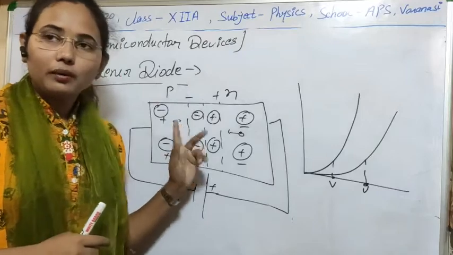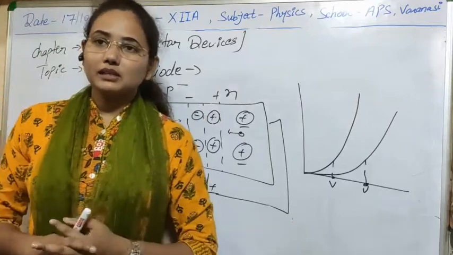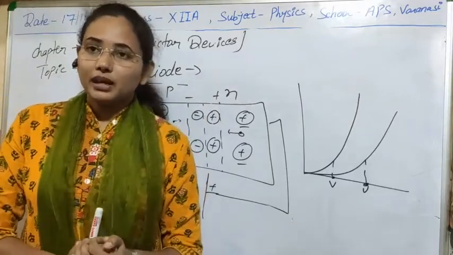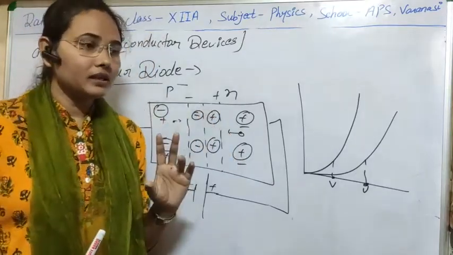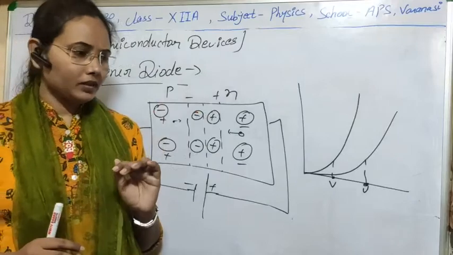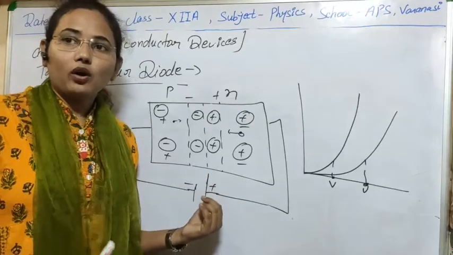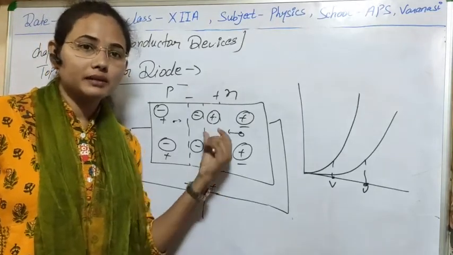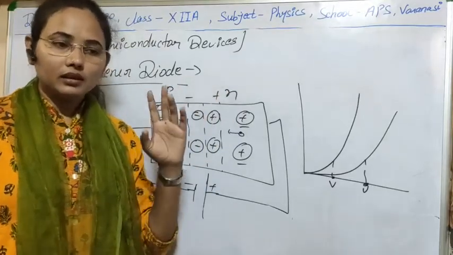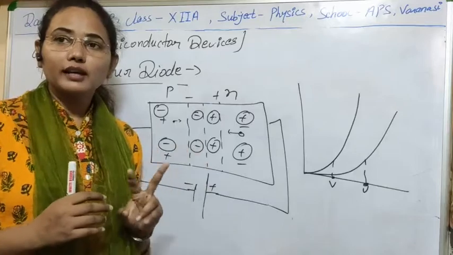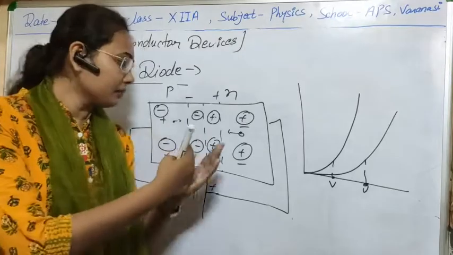If electron-hole pairs are produced, then in case of avalanche breakdown in the PN junction diode reverse breakdown, we have seen that the bonds were broken in two ways. First, they were breaking with the help of the applied potential, and also they were breaking due to collision between free electrons and bound electrons. So there were two processes responsible for the electron-hole pairs: first the applied potential, second the collision between the particles.